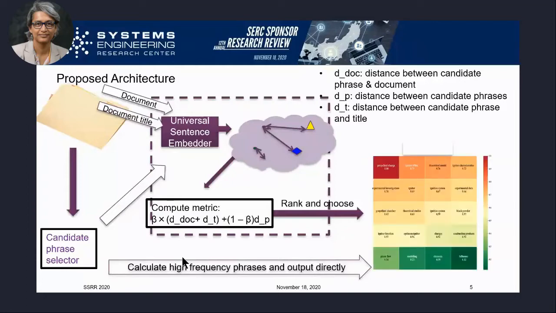So this is how in the end you will get a bunch of key phrases, and it will give you a sort of color coding if you want it. This is a heat map, which basically shows how high the rank is for that particular key phrase. If it's red, or redder, a warmer color means higher rank, so more desirable, and a cooler color means lower rank and therefore slightly less representative. So from this, you will just pick the n number of key phrases that you want.